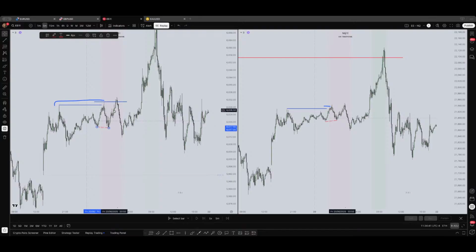So price went another time higher, same here, and then this time we saw displacement and momentum. But as you can see, this divergence gives you this hidden information, like okay, something is not going as you expected, because normally both are doing the same, lower low. Not here, this was a higher low. So you expect, okay, just wait and let's see what happened. And what happened, Nasdaq still was bullish.